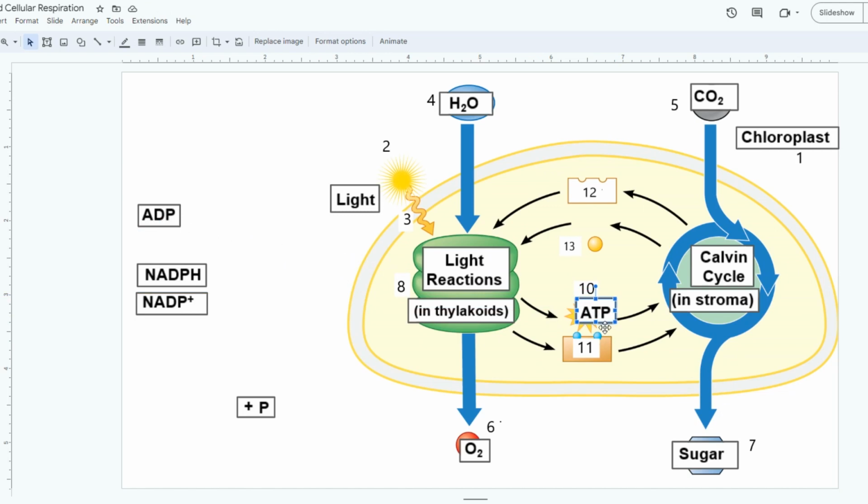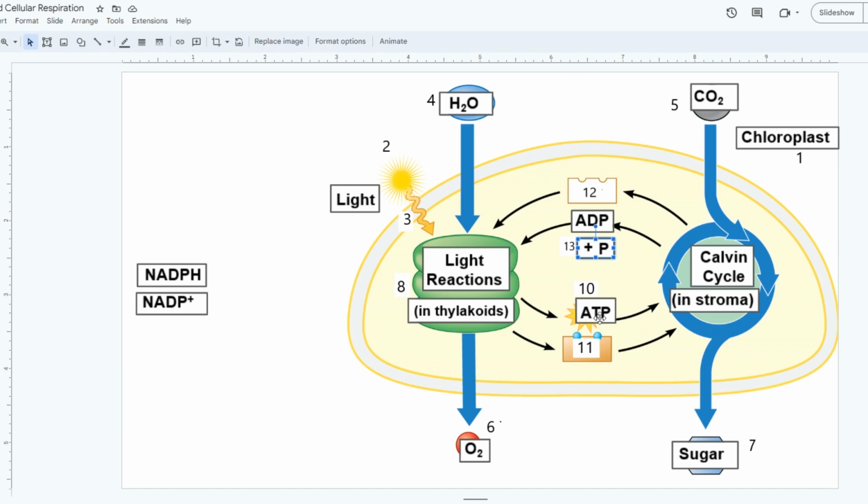ATP cycles between ADP, adenosine diphosphate, two of them, and a phosphate, and ATP. So this goes around and around, and what happens here is this is basically an uncharged battery, and it's charged up here. So then this energy gets fed into the Calvin cycle, and it is then incorporated in the Calvin cycle into the sugar, because you have a very, very fleeting short-term type of energy that gets